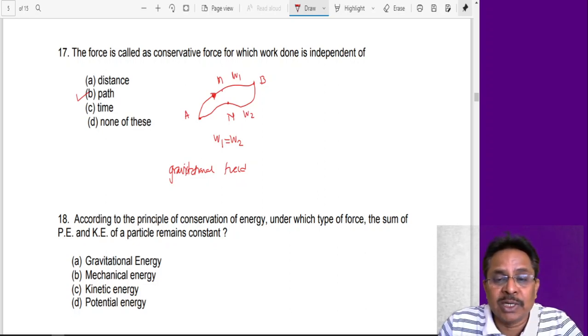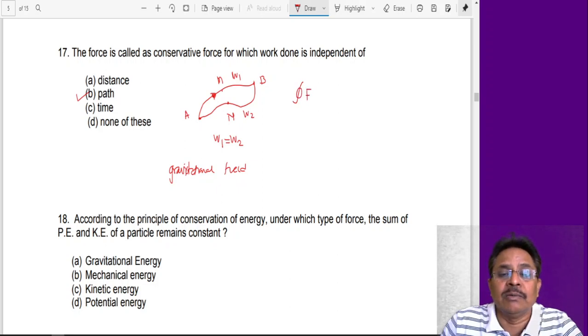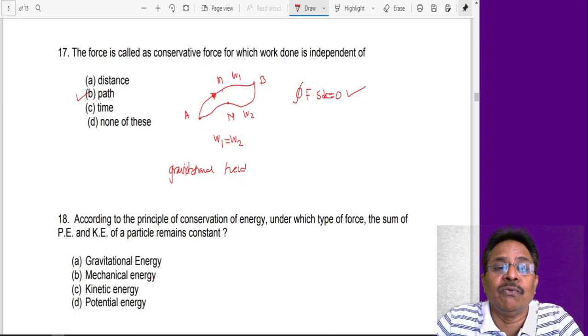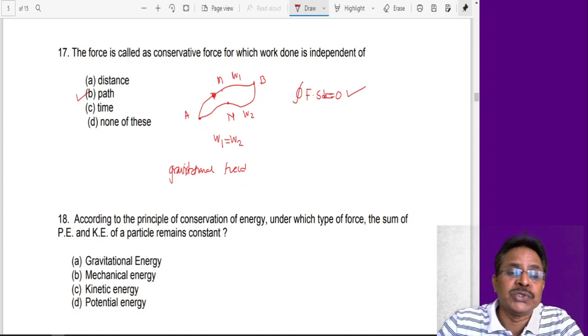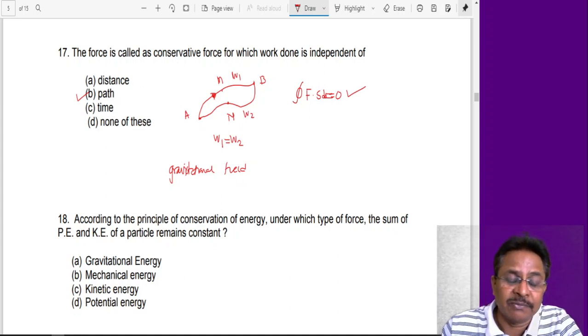So sometimes we write this example like this. So this is W, and integral over this circle like this, F dot S into ds, this is equal to 0. So this is also a condition for the conservative force field. So the conservative force field is the force field for which work done over a closed path is equal to 0. Either I can give it in 3 different ways.